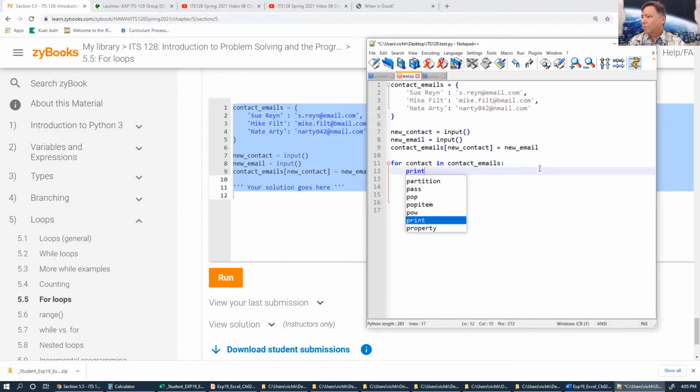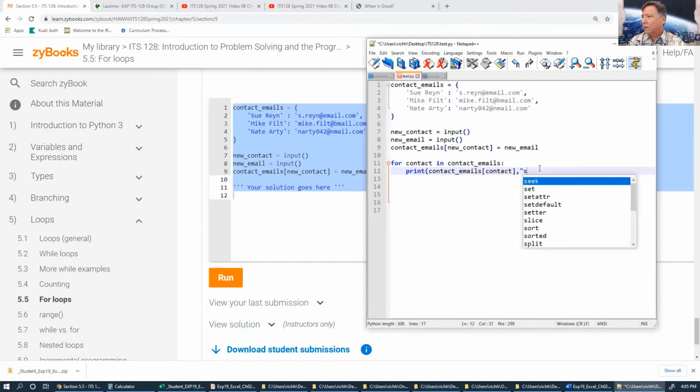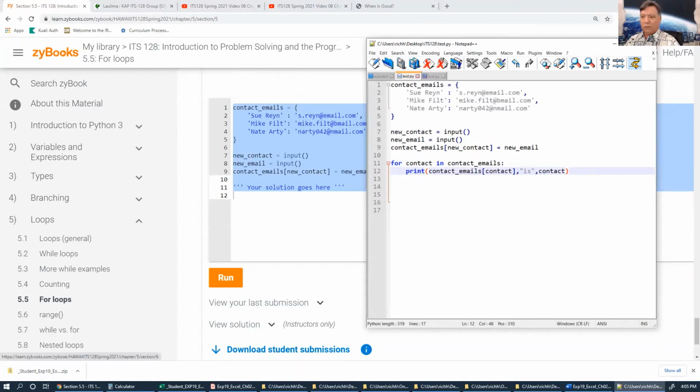Print contact emails of contact is a contact. Okay. And so if we run this, save this, pull up a command prompt,